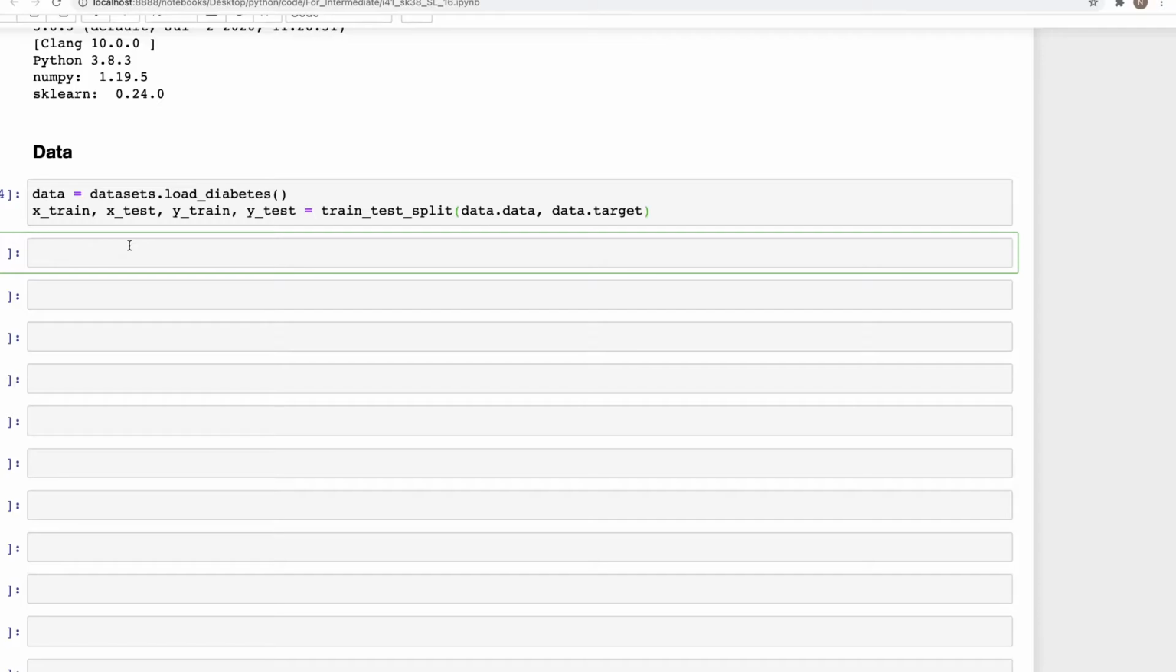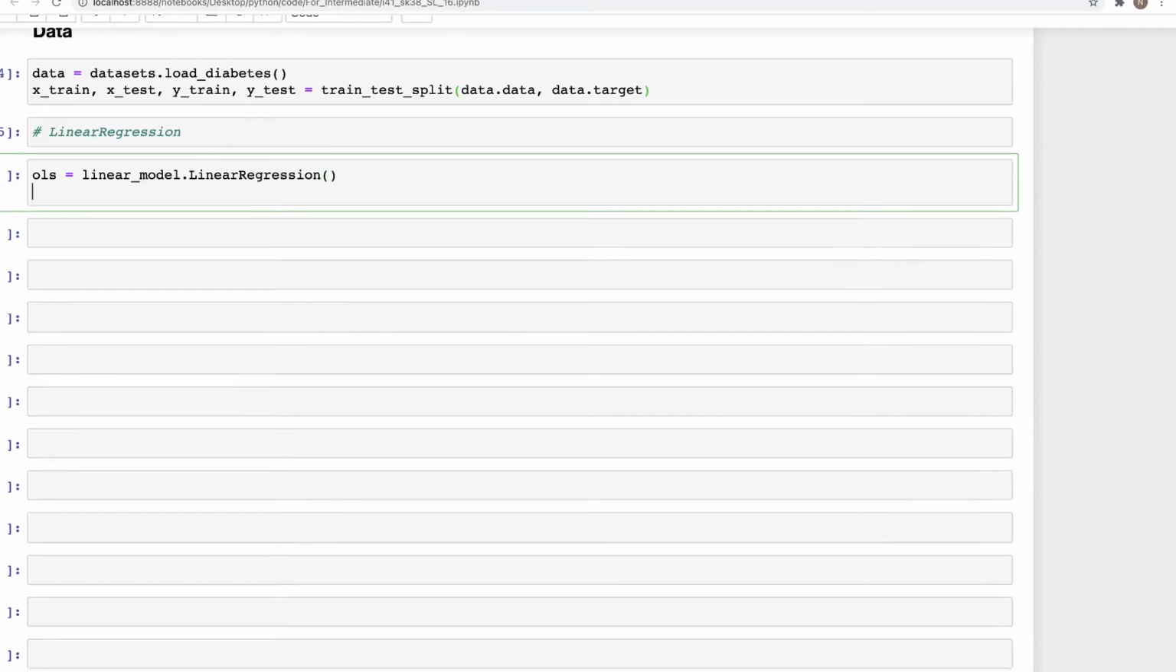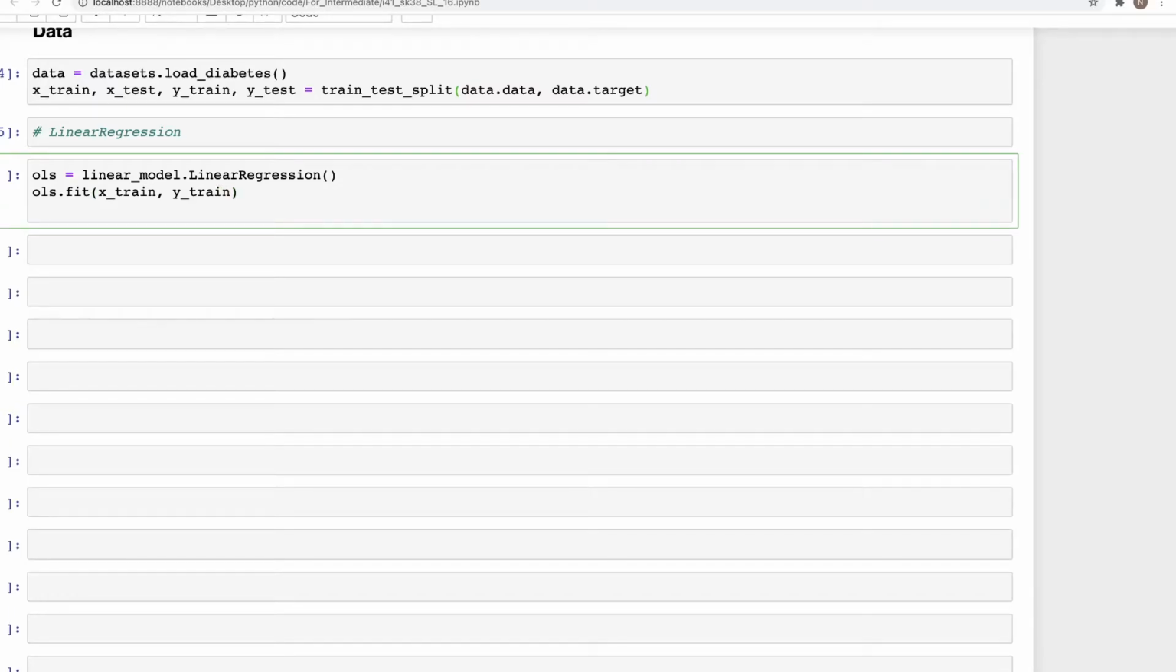We'll create that one later. So first we'll look at fitting a linear regression and see how that works. For linear regression, we'll create a variable called OLS. OLS is equal to linear_model.LinearRegression, and then we can do OLS.fit to the X_train and y_train, and after that we can calculate the predicted value for y using the test set. So OLS.predict, and this would be on the X_test,